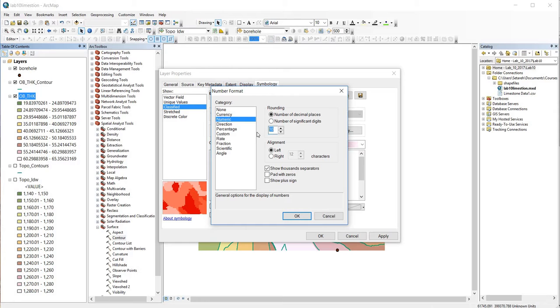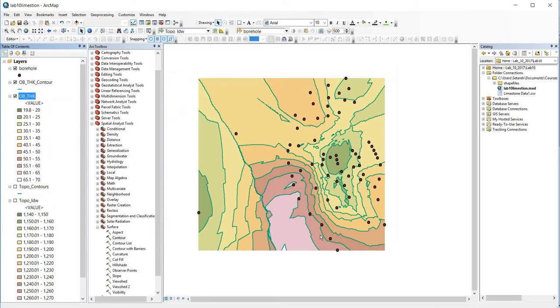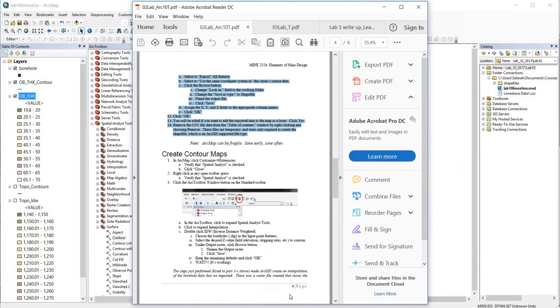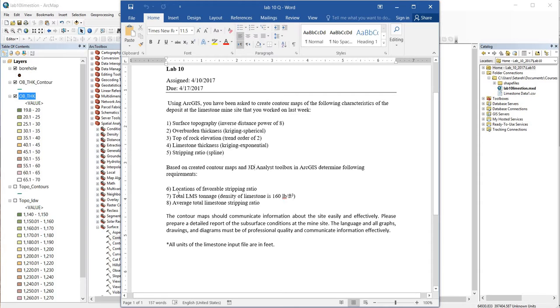I want to round it to 1 decimal number and click OK. That is the overburden. Do the same thing in the same order, oops, not this one, for top of rock elevation, limestone thickness, and stripping ratio with different interpolation methods. Next, I'm going to show you